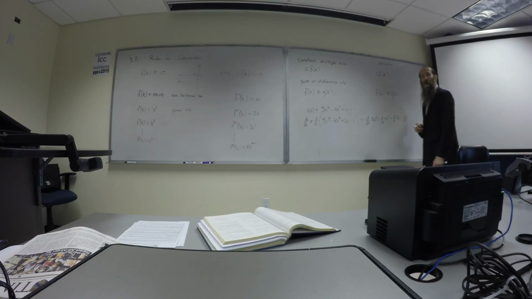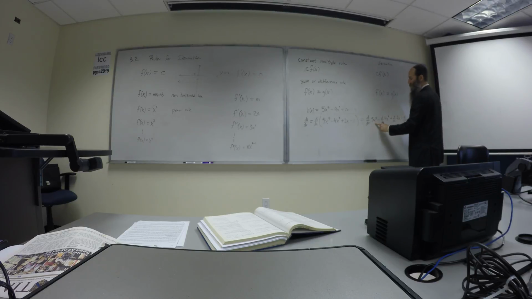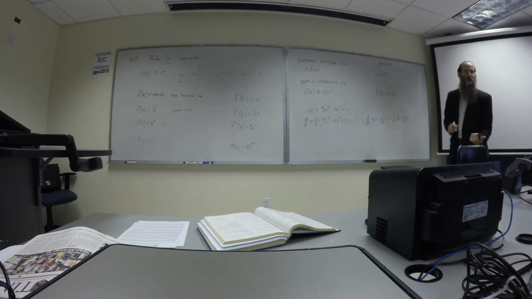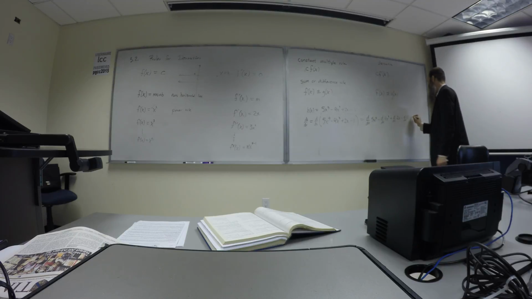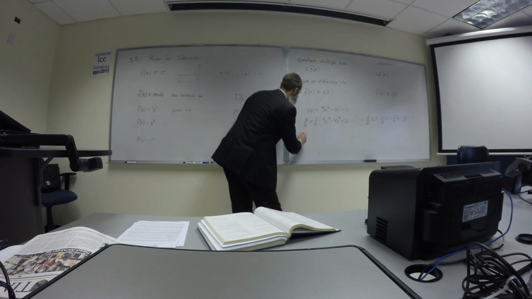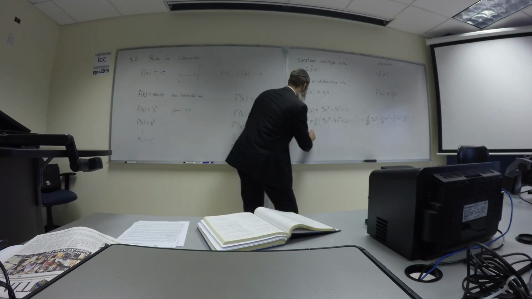All right, so now I got to take the derivative of each term. Well, if I take the derivative of 5x to the 9th, according to the constant multiple rule, the derivative is going to bypass the 5 and apply itself to the x to the 9th. So you can probably tell me in your head already what the answer is. 5x to the 8. Exactly. I'm going to write it out how this proceeds in a very official manner here. d/dx of x to the 9 minus 4 d/dx